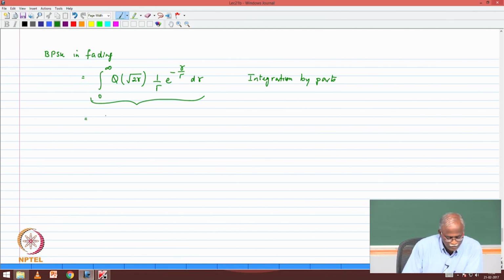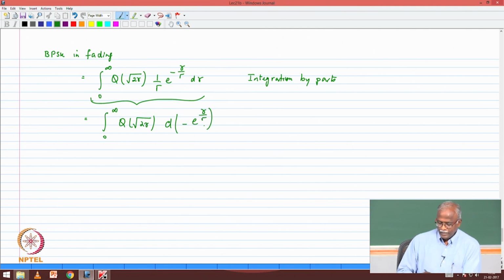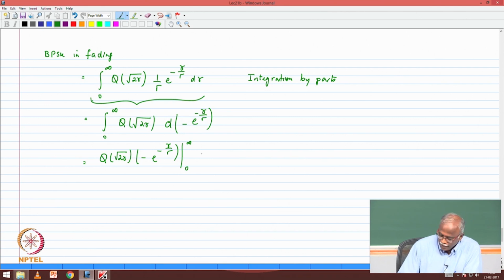So this can be written as the integral from 0 to infinity of Q of root 2 gamma times d of minus e power minus gamma by gamma. Okay, so basically if you write it in the u dv form, you know how to do the integration by parts. The integration by parts gives uv as the first term, Q of root 2 gamma times minus e power minus gamma by gamma, that is u and v, evaluated at 0 and infinity, the limits, minus the integral of v du,